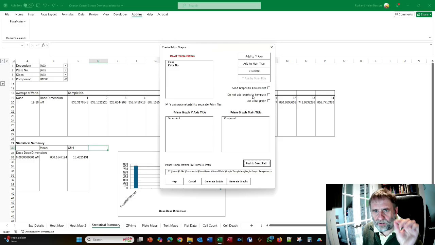If I try not to add it, it would crash, because there's only one container in the Prism Graph template to receive data. I need 56 or 55. So I leave that unchecked, and from that, I am now ready to go. Remember, the class is left in the pivot filter. That's just going to be left alone, which is fine, because we're not worried about classes at the moment, and we're not worried about looking at separate plate numbers either. So I now push generate graphs,